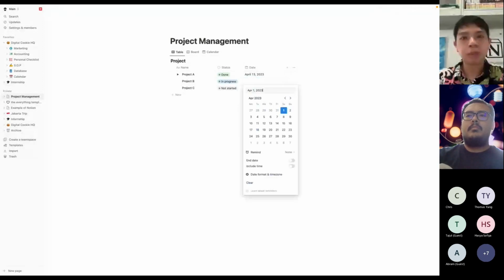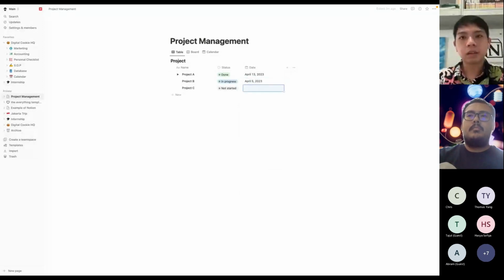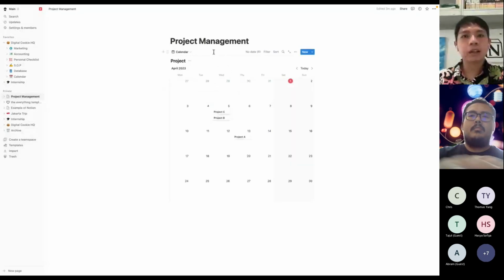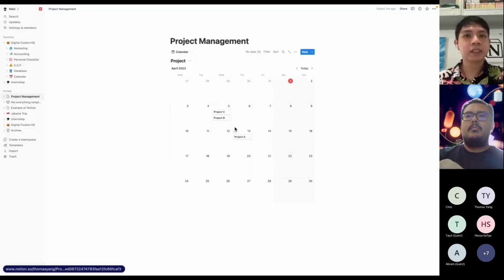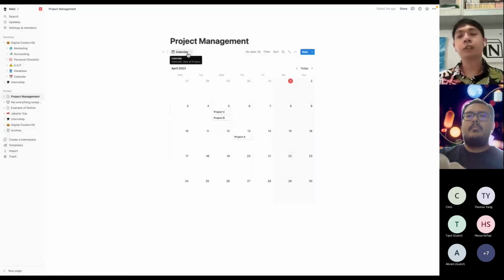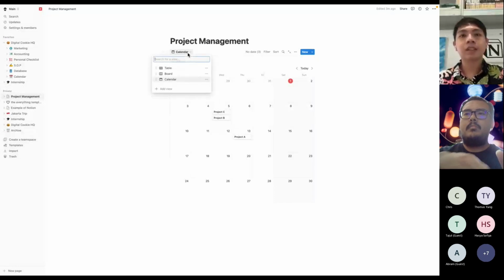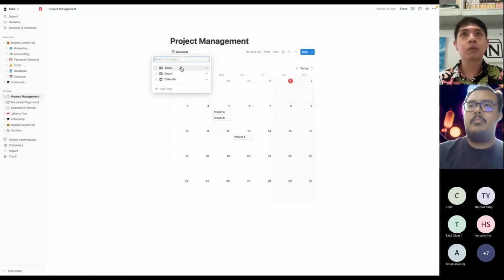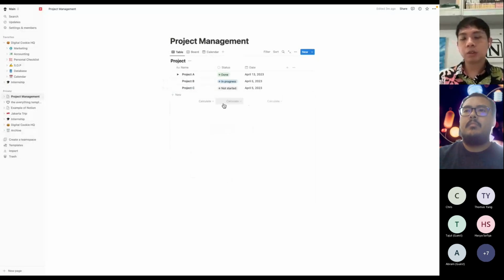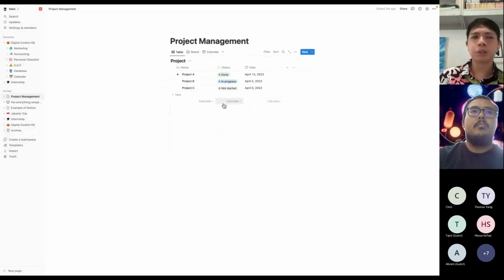If I just put in some random dates here and then go to the calendar view, you can see that the project is being projected in this calendar view. So these are some of the different ways you can transform the same type of data into different views. This is one of the more powerful tools of Notion.